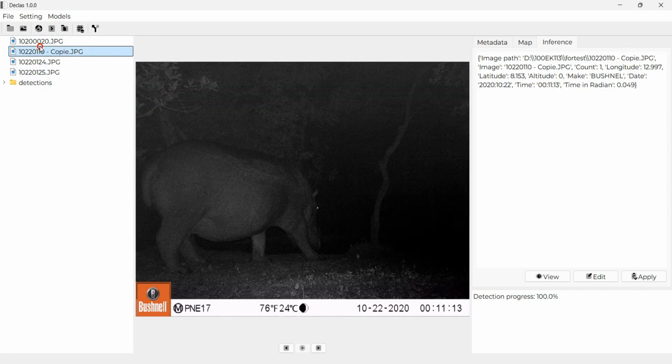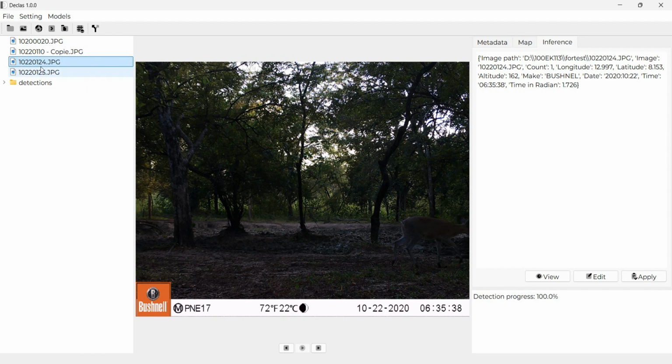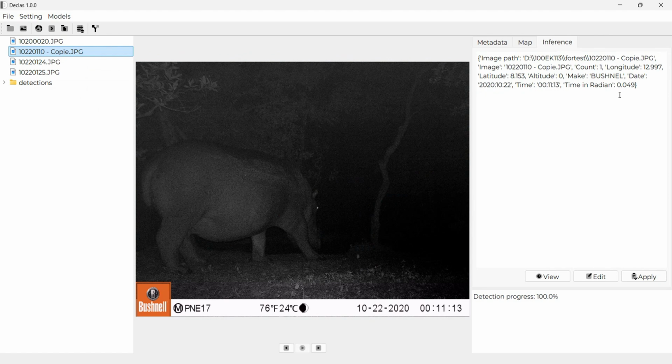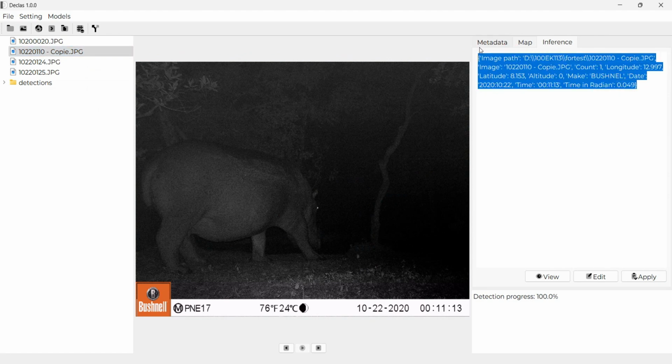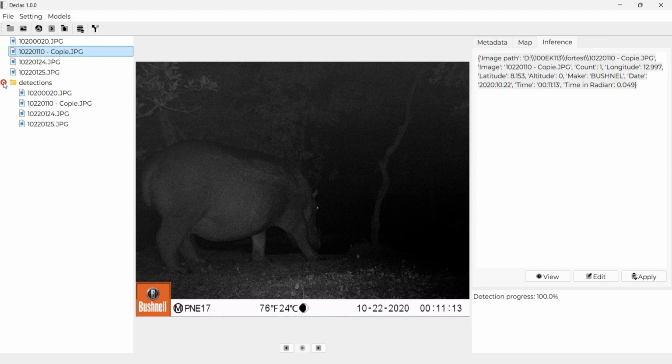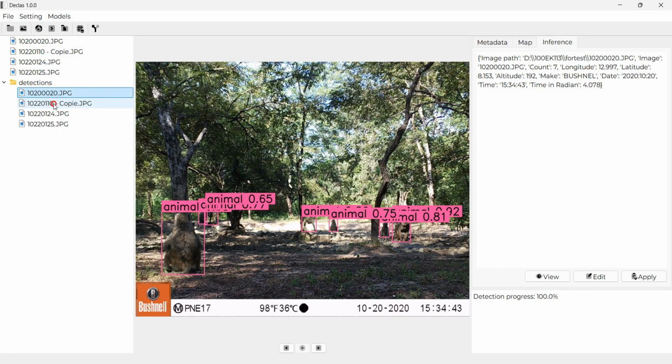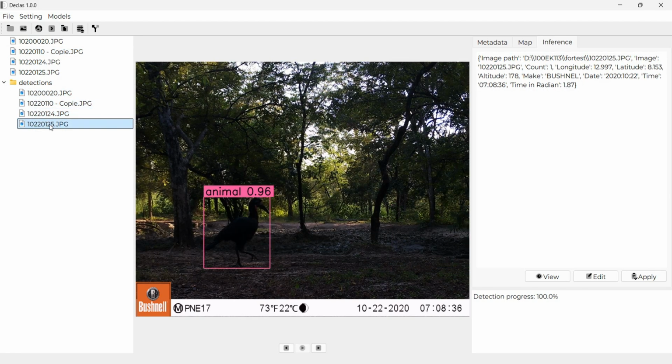Now here we have our original image. If I click on images, you can see the result here. Automatically the result changes here, and I can navigate to see. If you also want to check the result of detection, you come into this folder, detection created, and you browse. You click on images, each image, and you can see the results.